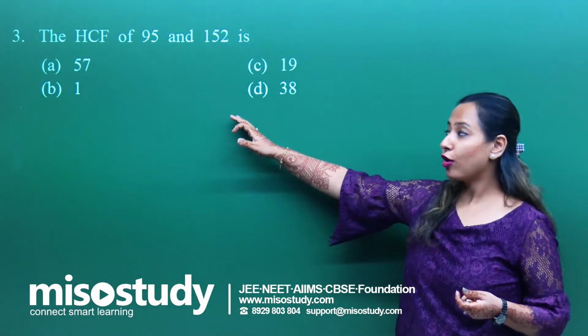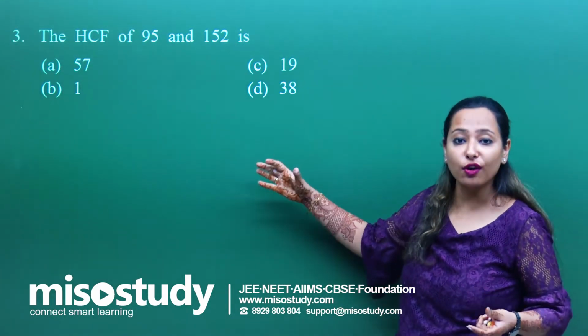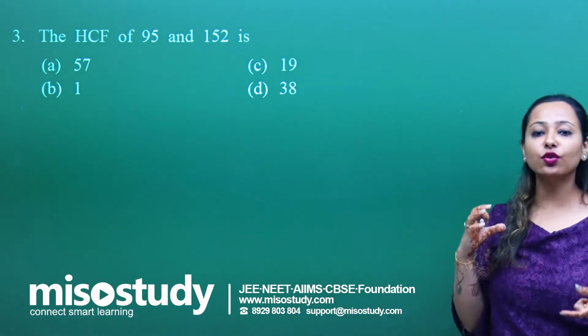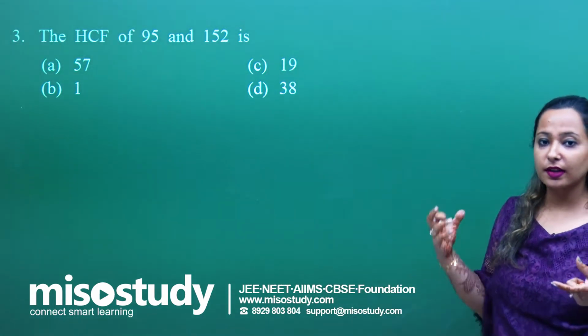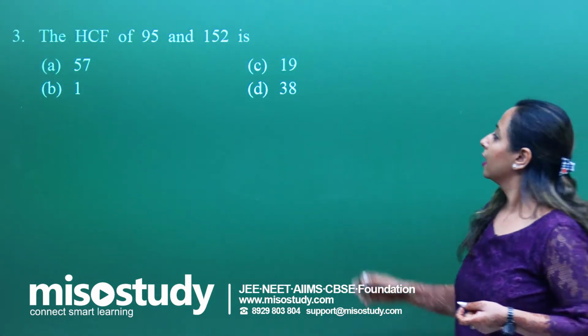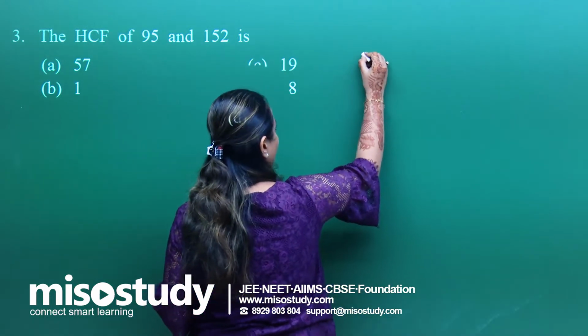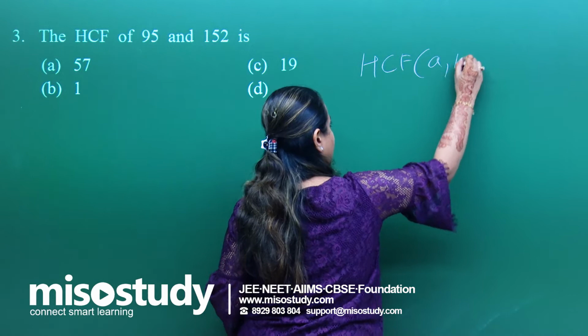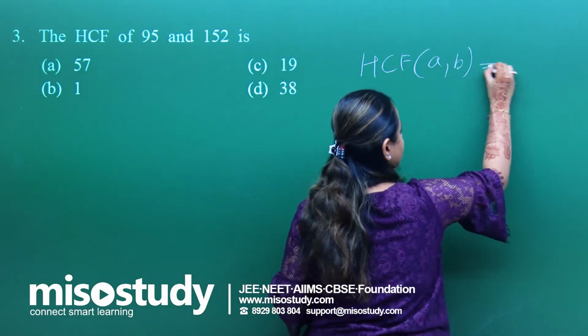The HCF of 95 and 152 is what? We need to calculate it. So you must have studied about Euclid's division algorithm or Euclid's division lemma. They are both the same thing. If you want to find out the HCF of A and B, this is